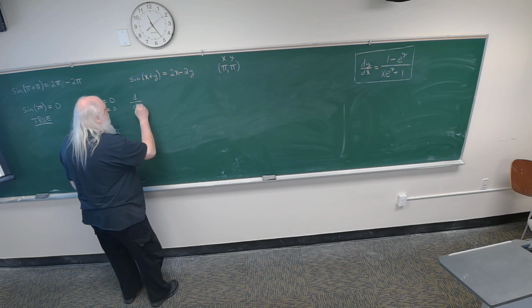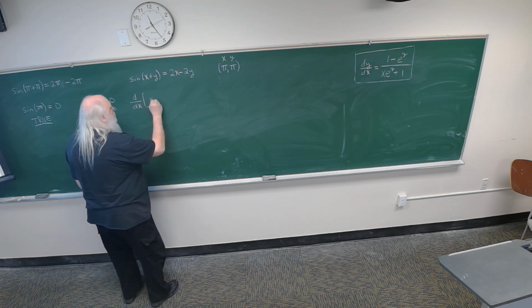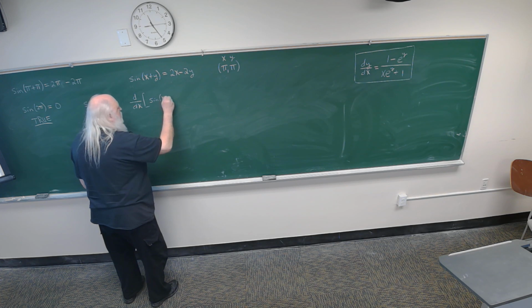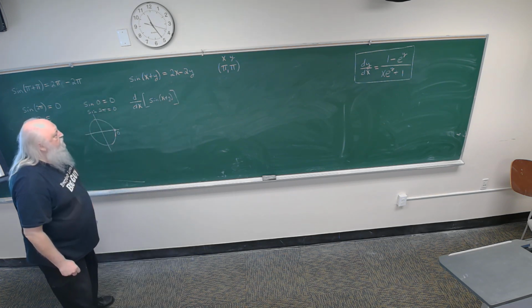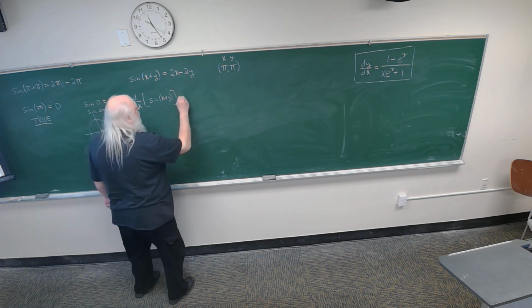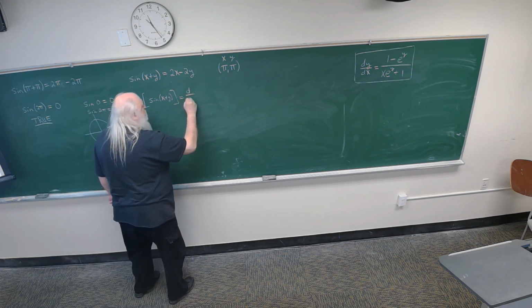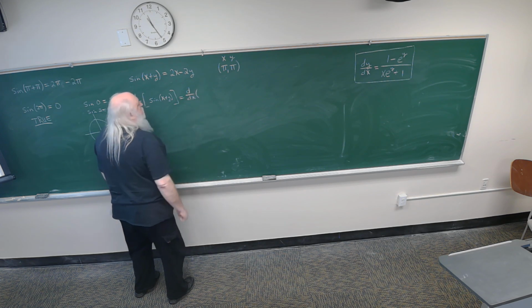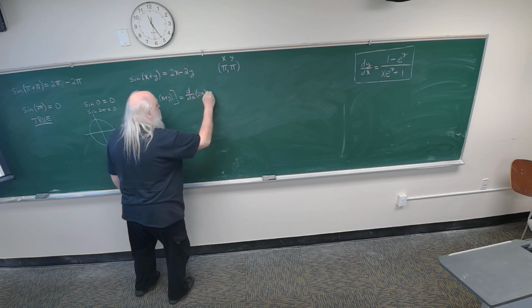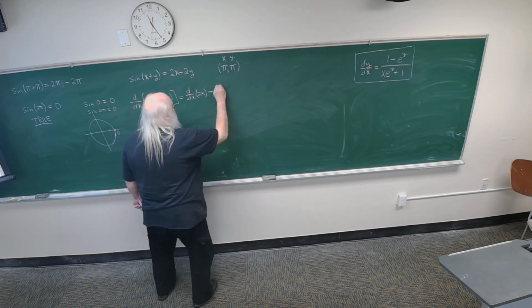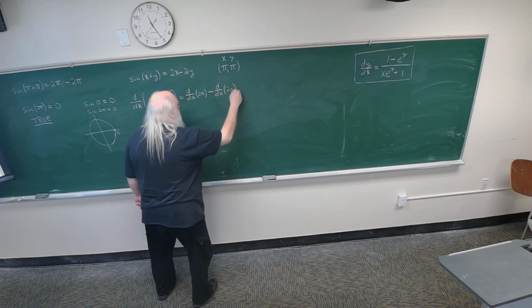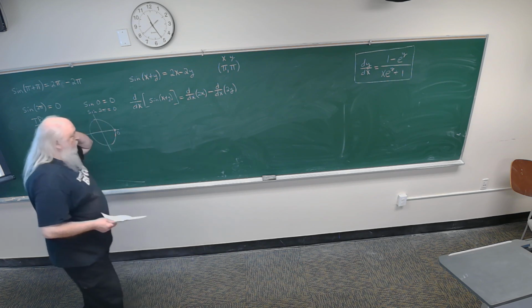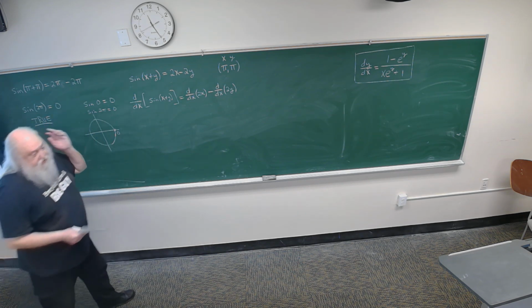So this is going to be kind of difficult to write, but we're differentiating the sine of x plus y with respect to x, and then we're differentiating the right-hand side with respect to x. So by the difference rule, the derivative of the right-hand side with respect to x is the derivative of 2x with respect to x minus the derivative of 2y with respect to x. Okay. So we got to use the chain rule